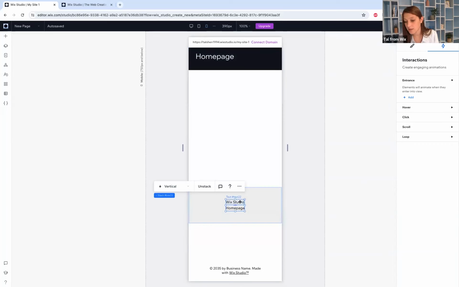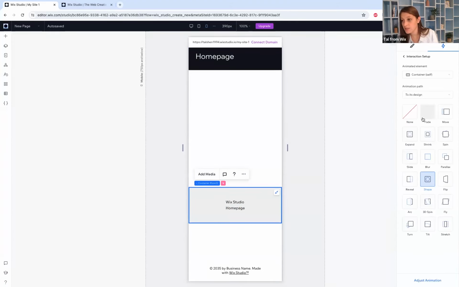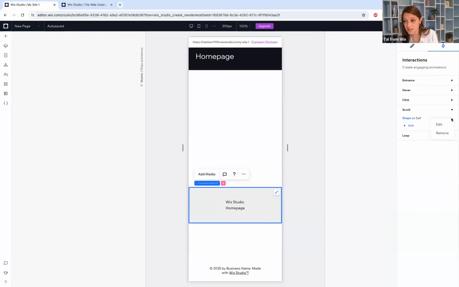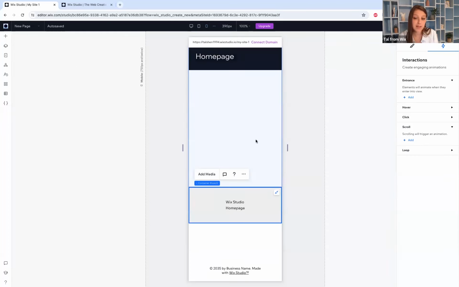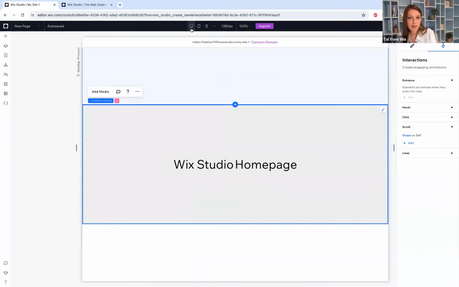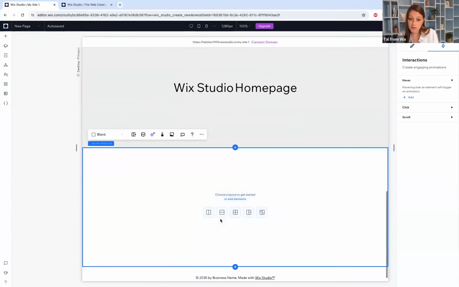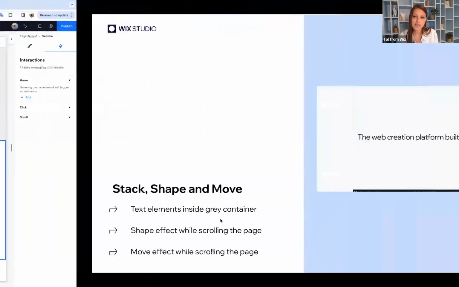And also for the interactions, let's say I want to adjust it differently or remove the interaction entirely, sometimes we prefer a different interaction on mobile. So I can just remove it right here. And if I go back to desktop, you will see that I still have this effect. So this is something to keep in mind, and feel free to change your design and play with a lot of different interactions. So I think we are ready to jump to our third section